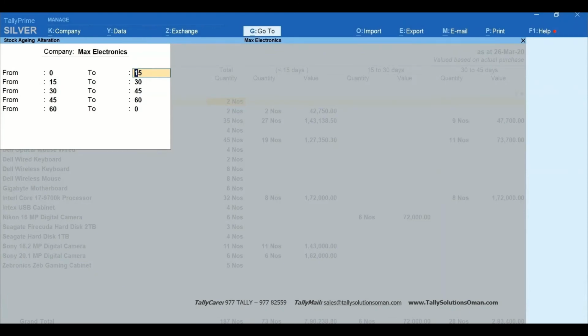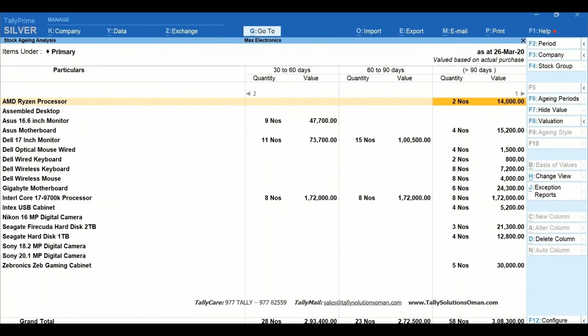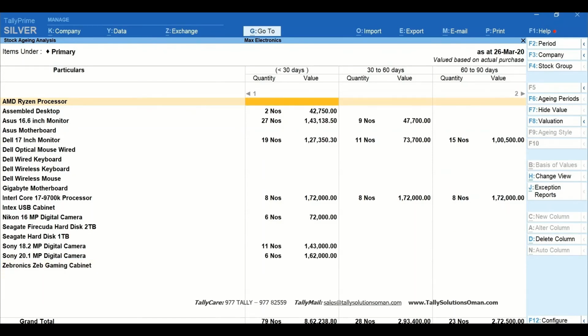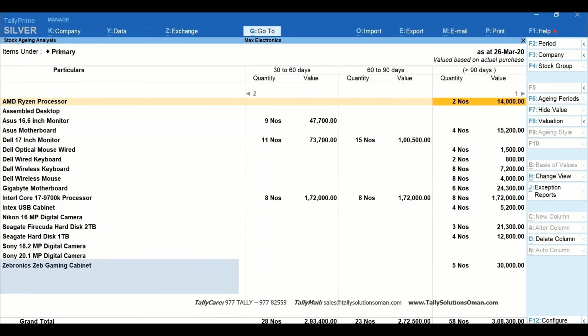I'm going to enter that I want one column showing stock aging for 0 to 30 days, the next column for 30 to 60 days, followed by 60 to 90 days, and the last column for anything more than that. Using this report, you can track products that are unsold for a longer time and plan to sell those before it becomes too late. There are many more insightful inventory reports with numerous views that help you manage optimum inventory